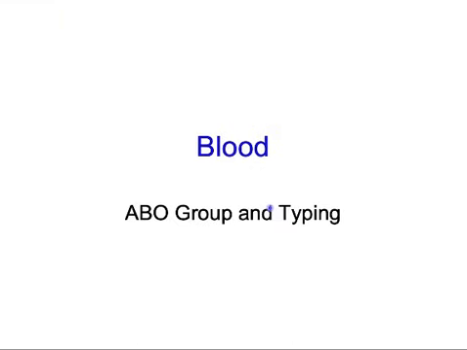Now, blood typing is something that we do in order to determine the compatibility of donor and recipient for the purposes of blood transfusion. Sometimes in the surgical procedure, you need extra blood to keep the patient alive. And if we don't give blood that is compatible, what's going to happen is that